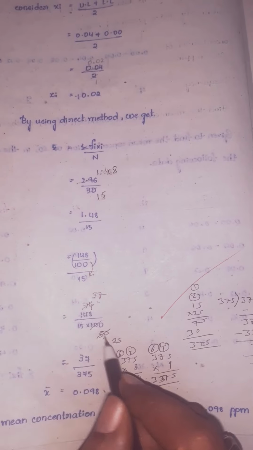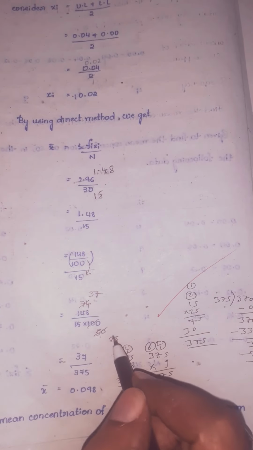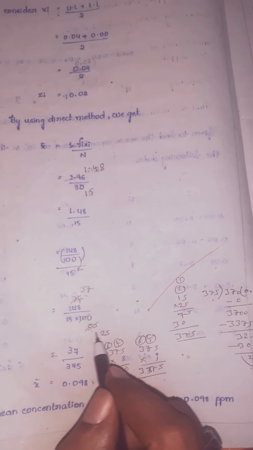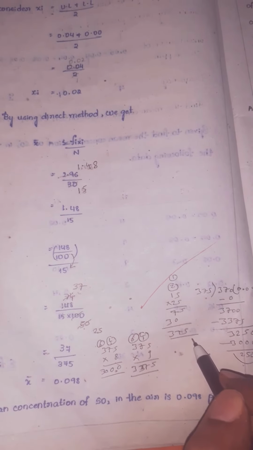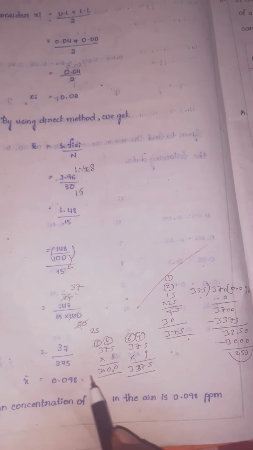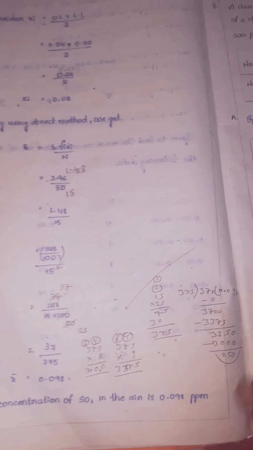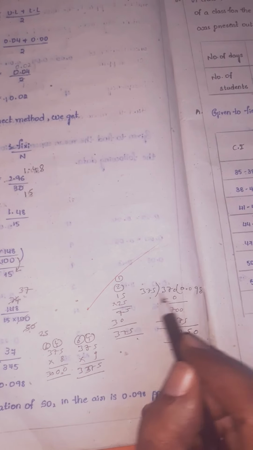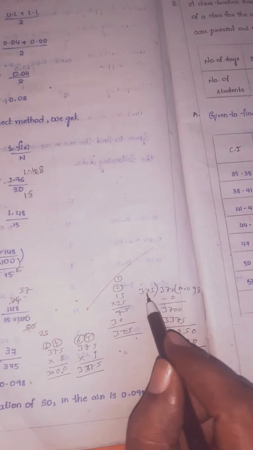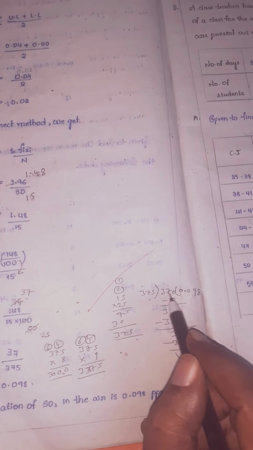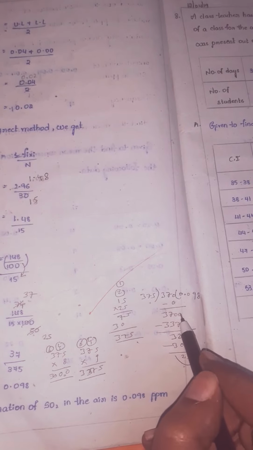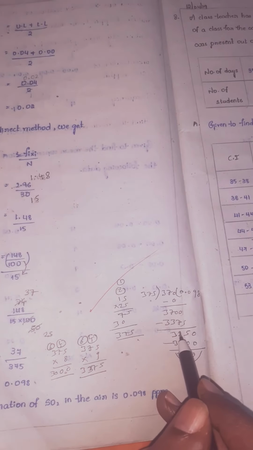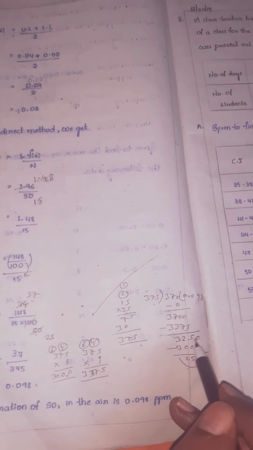So here 2 fifties are 100, 2 sevens are 14, 2 fours are 8. Again 2 twenty-fives are 50, 2 threes are 6, 2 sevens are 14. Means 37 by 15 into 25. If you do multiplication, children, how much are we getting? 375. So if you do division, 37 by 375, point cannot be kept, so write 0 here. 375 into 0 is 0, means 370 minus 0 is 370. Already the point is there, so keep 0 here again. 375 nines are 3375. If you do subtraction you are getting 325.